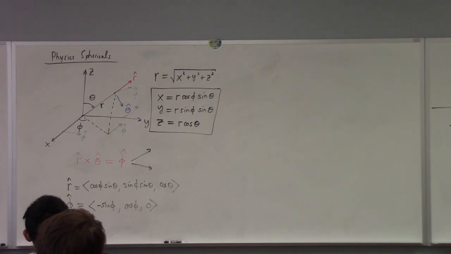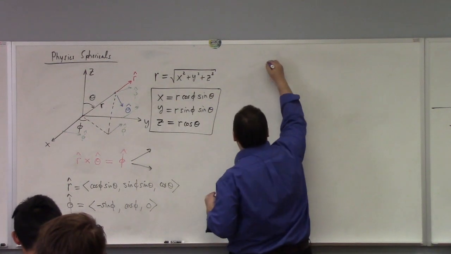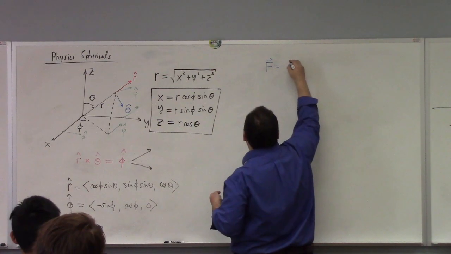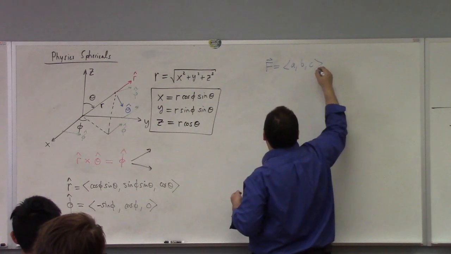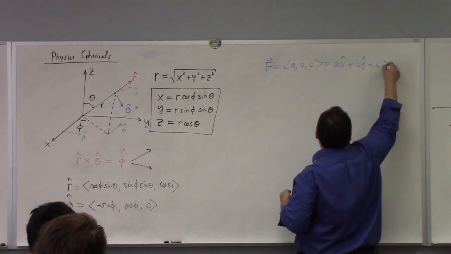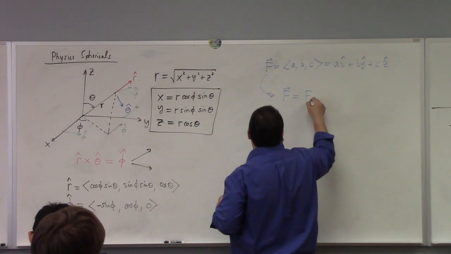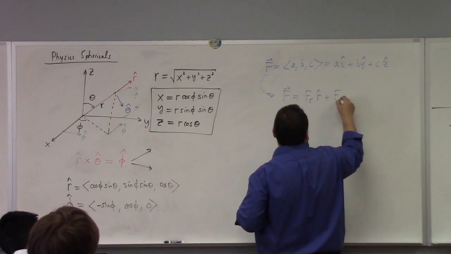Now, this begs the question though, how do you set up a vector using these kinds of coordinates, right? And that's what we'll start with next time. How do you take a vector and convert it into the spherical coordinate frame? So we need all the formulas to do that, but it's something like this, right? If I have f equal to, let's say, a, b, c in the Cartesian coordinates, then we can rewrite that as f equal to the r component r hat plus the,